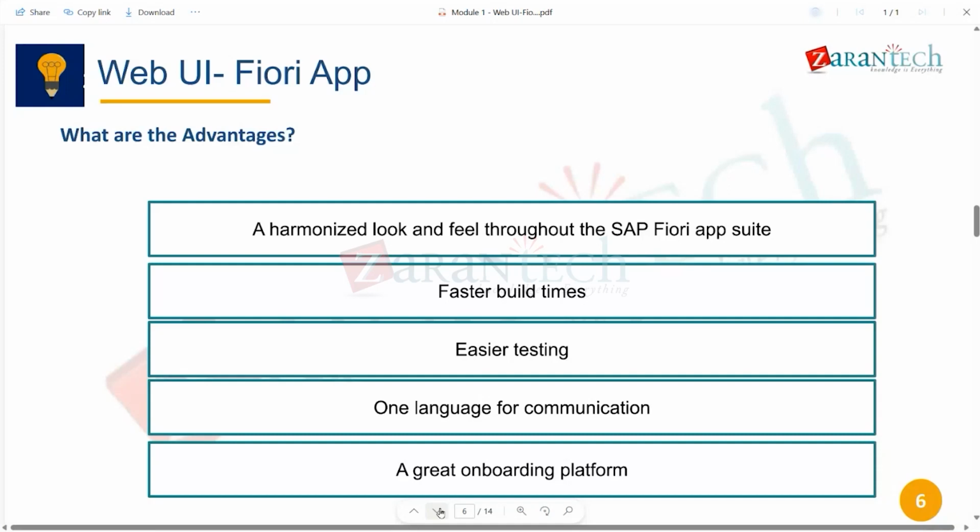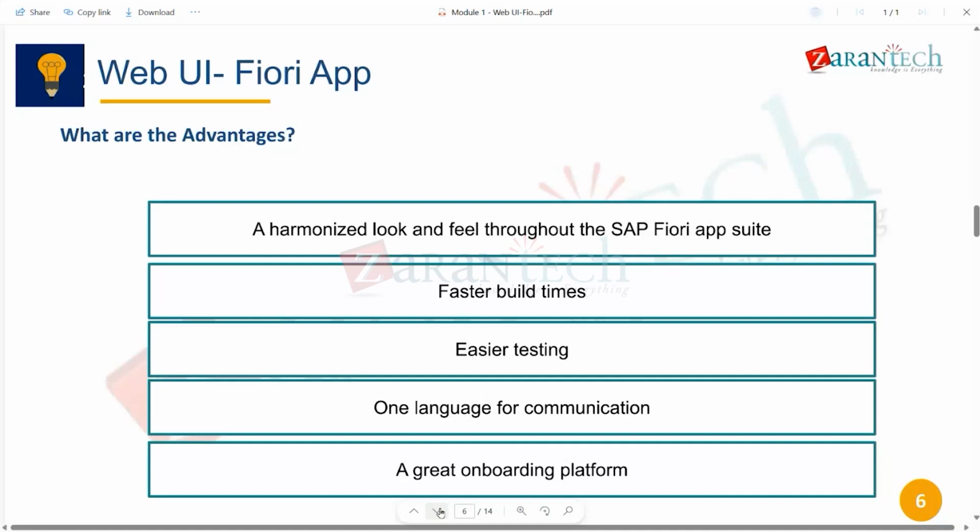So what are the advantages of Fiori apps? It gives you a harmonized look and feel to the SAP Fiori app. It looks exactly similar to what you see in the SAP screen. So it's extremely user friendly, and it's extremely fast to build. It's a kind of app